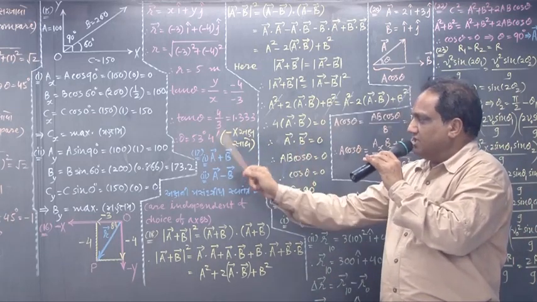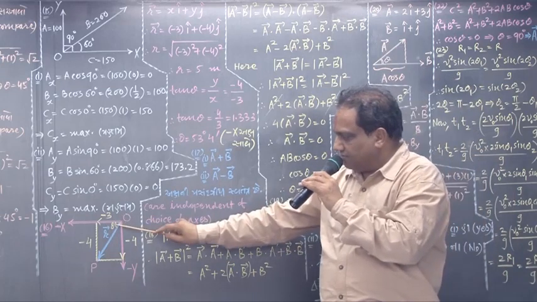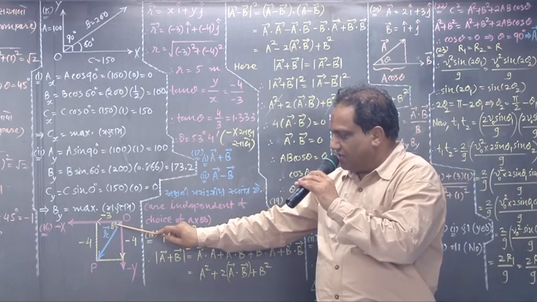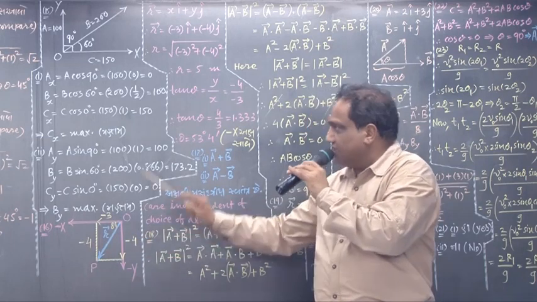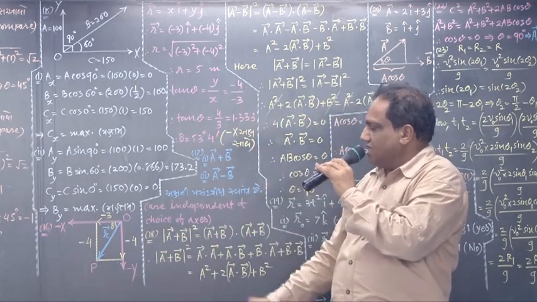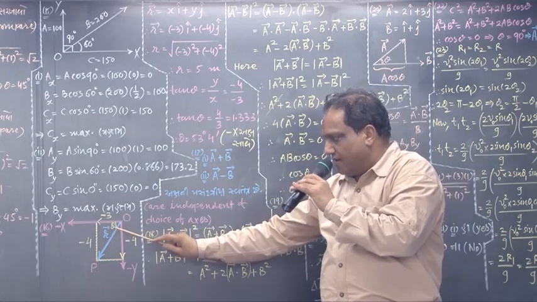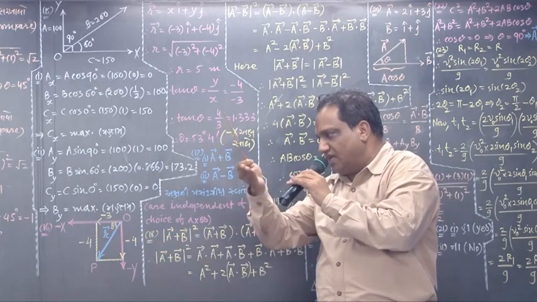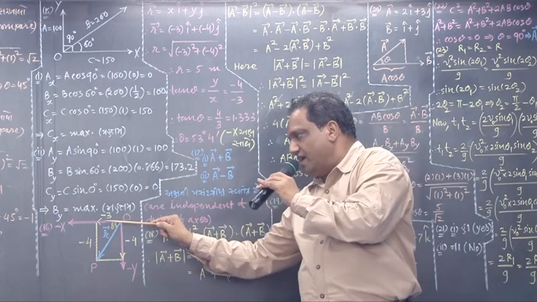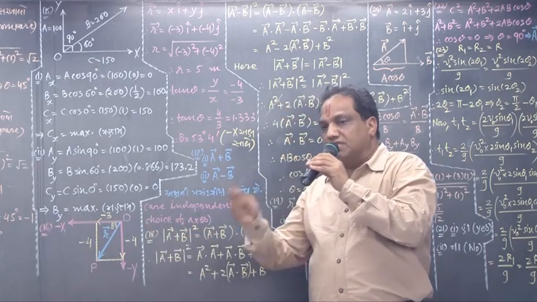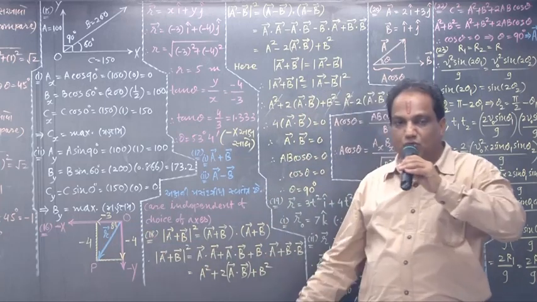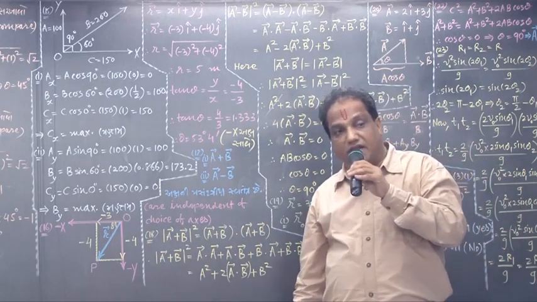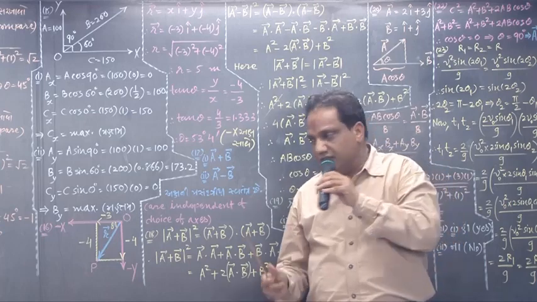Wait, this is the angle which is this much. See, what is tan theta from here? In this right angle triangle, what is tan theta? Minus 4 upon minus 3. So this theta is no doubt the angle made by this vector, but not with the positive x-axis; it is the angle made with the negative x-axis. Suppose they ask the angle made by this vector with the positive x-axis, what should you do? You should add 180 degrees.